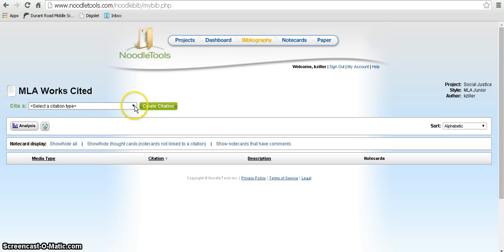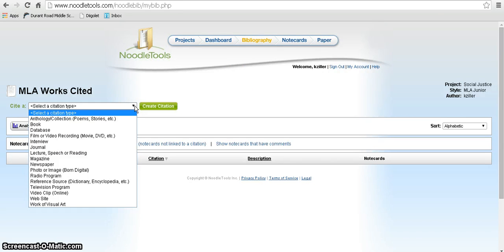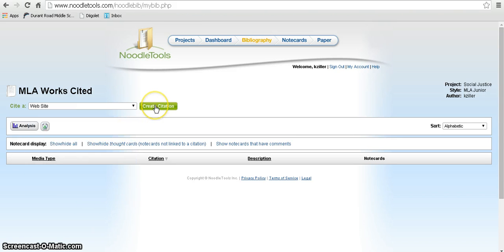And then this drop down right here is where you find all of the forms that will help you create your bibliography. So I'm going to go through the parts from your Weebly, starting with part A, which is where you found websites such as Teaching Tolerance. All of the sources in part A were websites. So I'm going to click on website, I'm going to click on create citation,